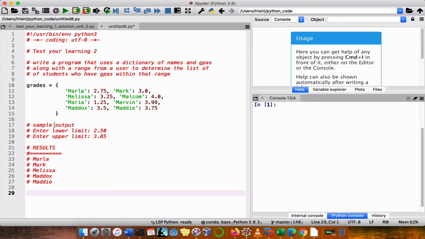Okay, so the sample output should look like this. I will ask the user to enter a lower limit. Let's say they enter 2.5. I will ask them to enter an upper limit. Let's say they enter 3.85. I will use these two limits to look in the dictionary and return all those students who have a GPA within that range. For example, if we ask for 2.5 and 3.85, it turns out that Marla, Mark, Melissa, Maddox, and Maddie fit that